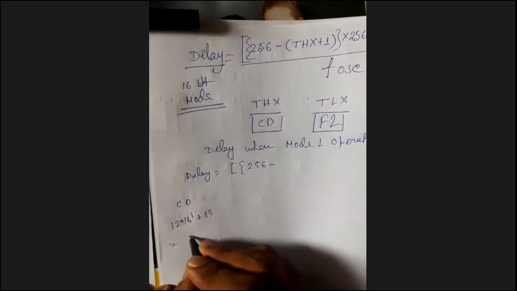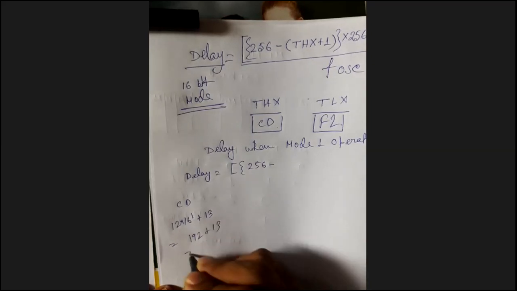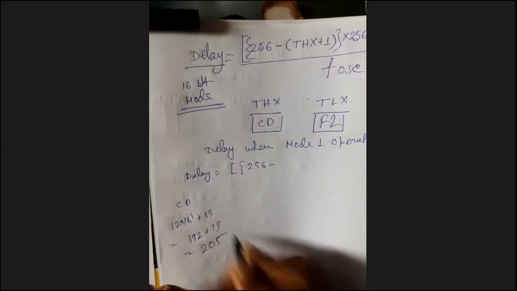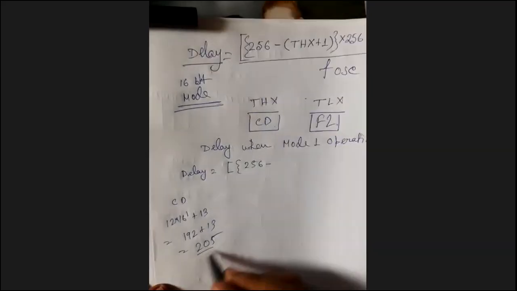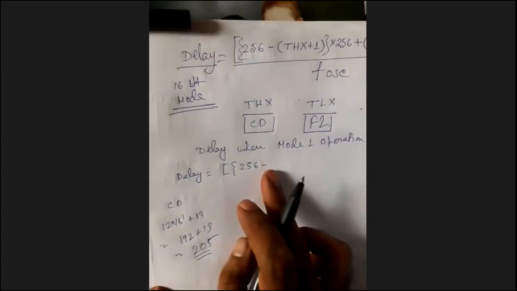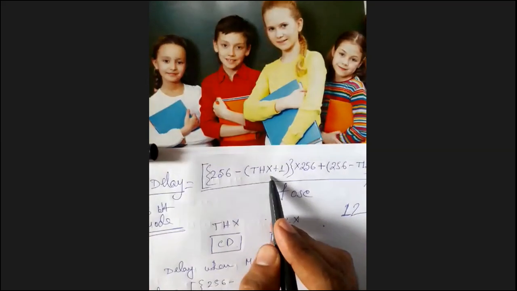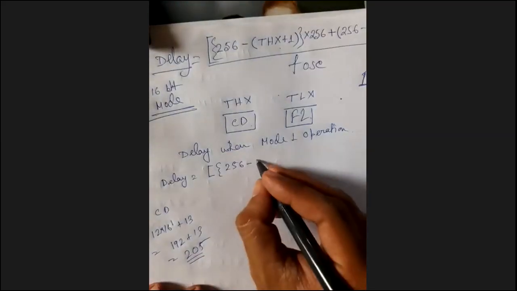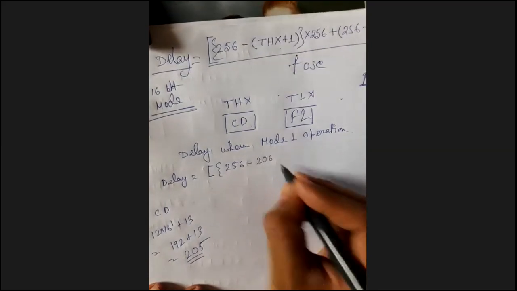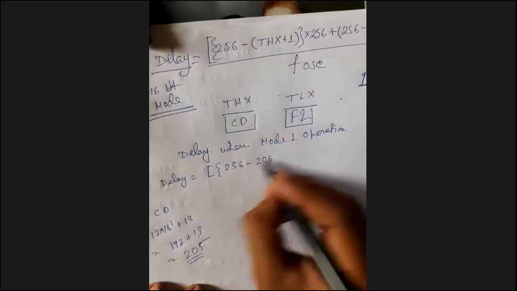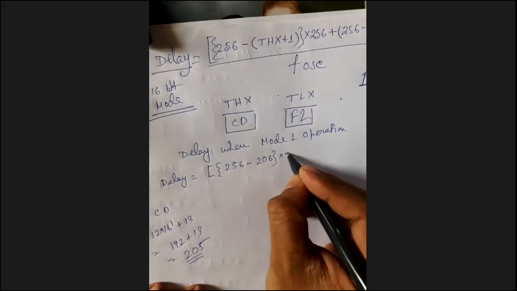That will come like 192 plus 13, that is 205. Okay, this is in decimal. So 205 plus 1, that will be 206, multiplied by 256,